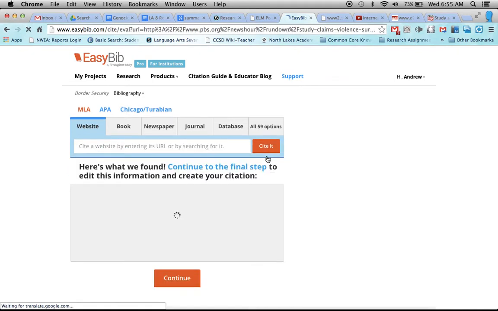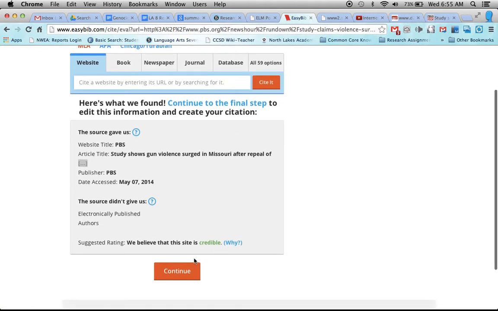EasyBib will tell you what its initial thoughts are down here. It'll say credible if it thinks it's credible, or it might say maybe, or it could say it's not able to evaluate it, which means that EasyBib can't get into that website to look at any background information. Because it said it's credible and it matches with my initial KAPOW evaluation, I'm going to click